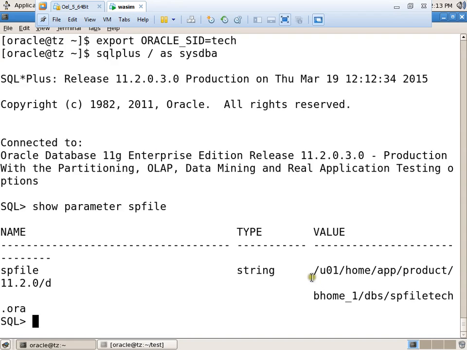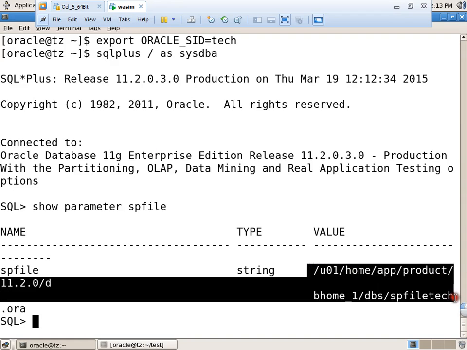See, here it is showing a value, right? It means our instance is started through SP file. If it doesn't show any value, it means our instance is started through P file.